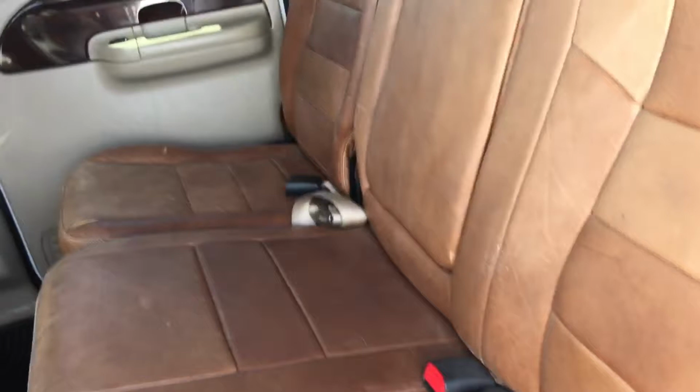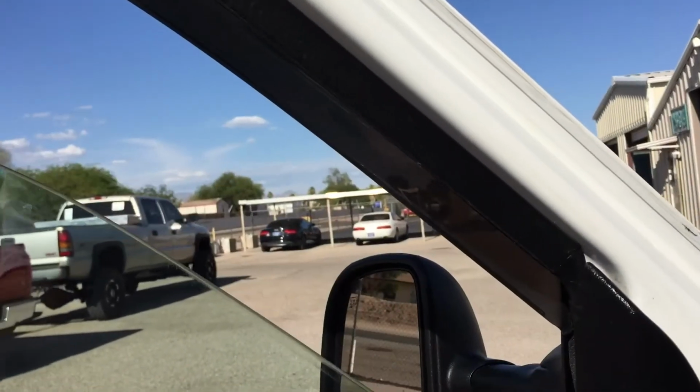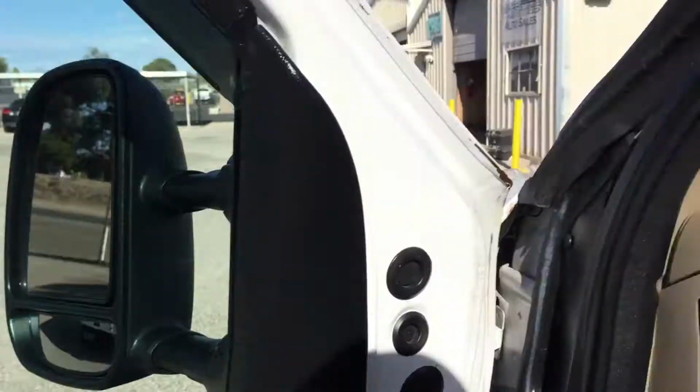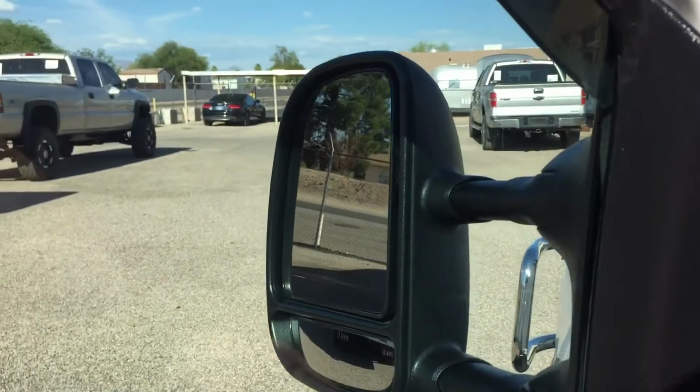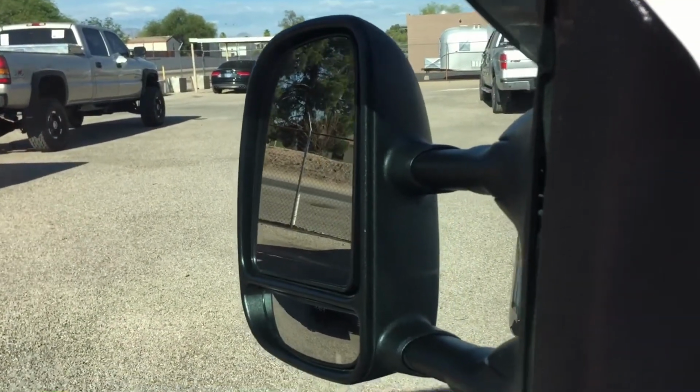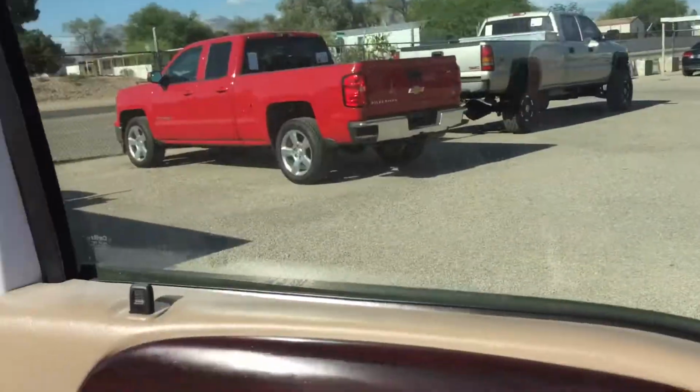I wouldn't do anything with this thing. I'd buy a thing of touch-up paint, do those nicks on the fenders and the tailgate, and call it a day. Alright, so all the windows work fine. The mirrors are brand new. Out, in, up, down, other side, out, in, up, down, door locks,